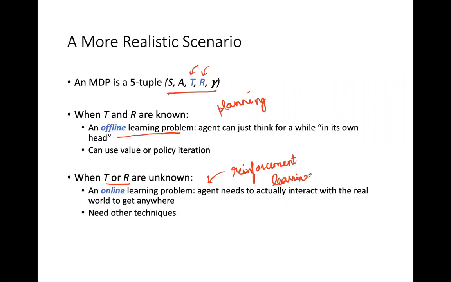And the techniques we've developed so far aren't going to work. Value and policy iteration will not work because they rely on having access to the transition function and the reward function. If we're not given that, then we need to look for other techniques. And that's what we will look at